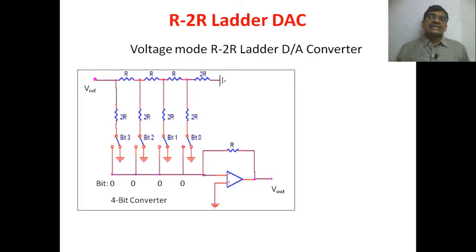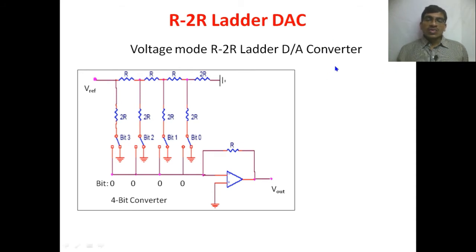In the last class, we have seen the binary weighted resistor DAC. In that we have a disadvantage, which is that the value of the resistance used becomes very large when we go for a large number of bits in a binary word. So it was limited to 8 bits only. That is the problem with the binary weighted resistor DAC.